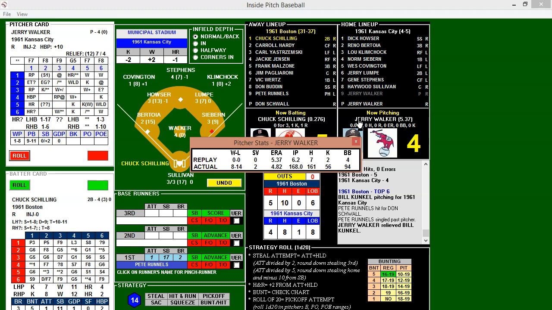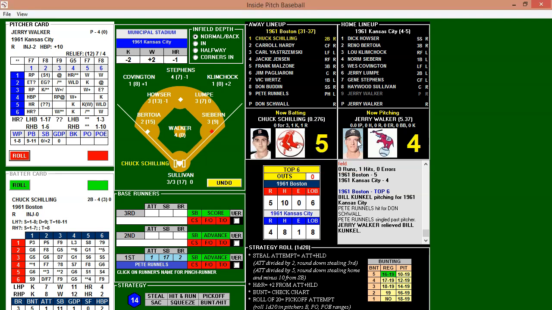Alright. So Jerry Walker, in 6 2/3 innings against the Red Sox, has a 5.37 earned run average. No decisions. Allowed 7 hits, 4 walks, and 2 strikeouts. 8-14 on the actual season with 2 saves and a 4.82 earned run average. So Runnels will get his lead off first. Runnels in there 0 for 3 on the day with a run scored.